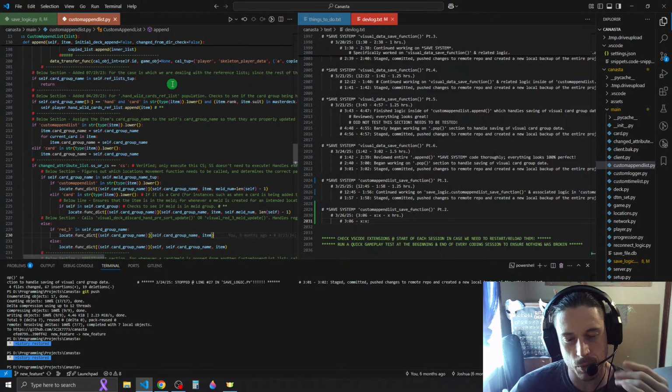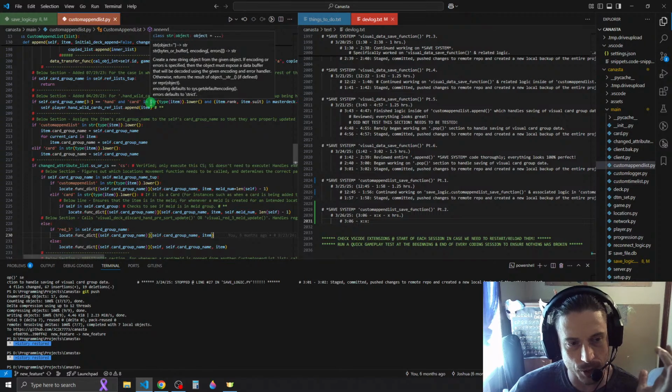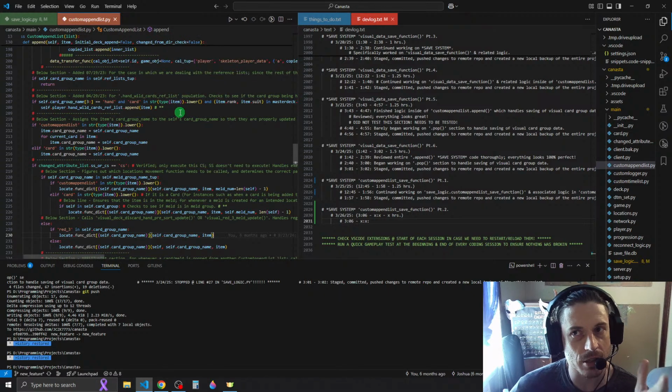Let's say we start to iterate through our received data, and we're going to apply each thing one by one. Well, my concern initially with thinking about this is making sure that, for instance, one of the received pieces of data would be append this list to the hand or to melds, whatever. And my concern is